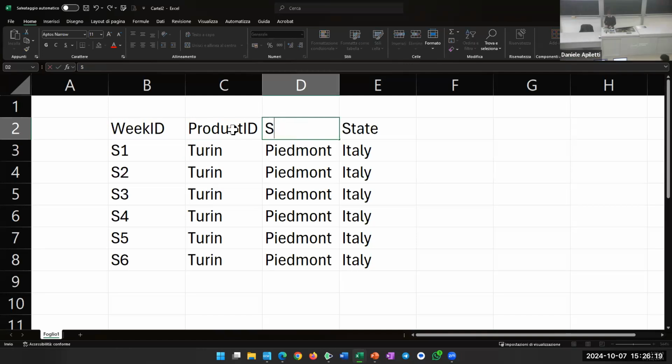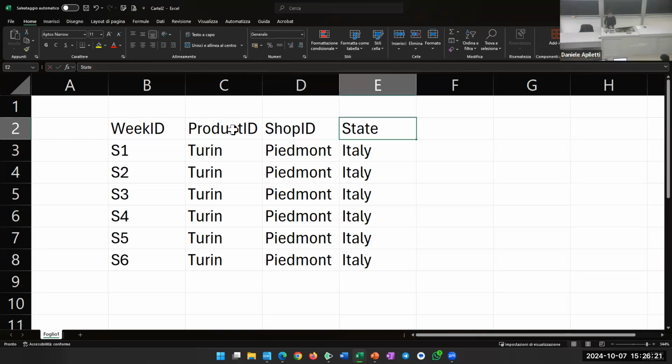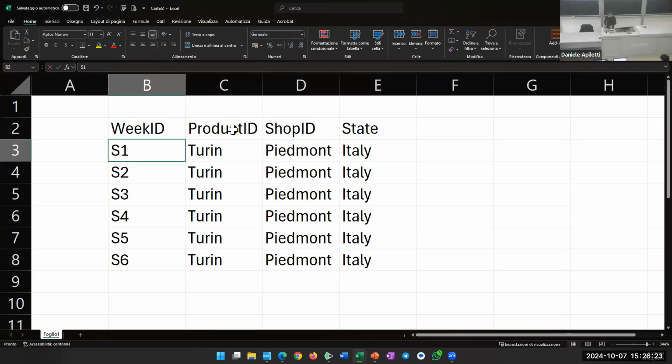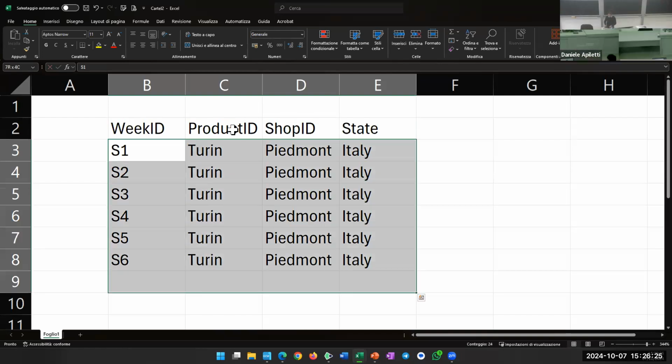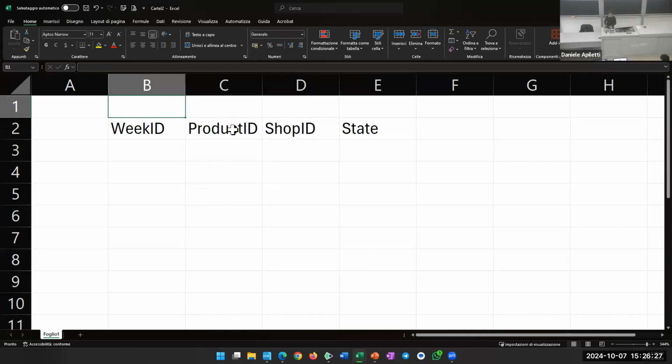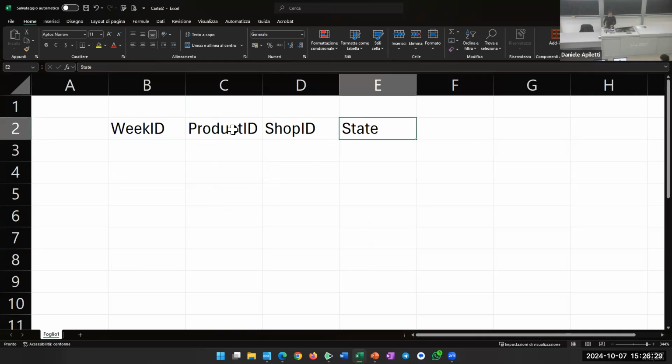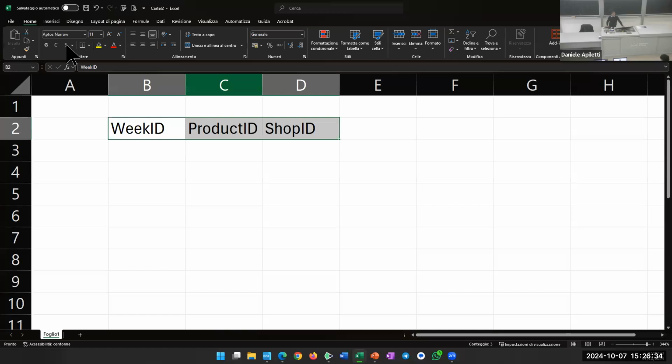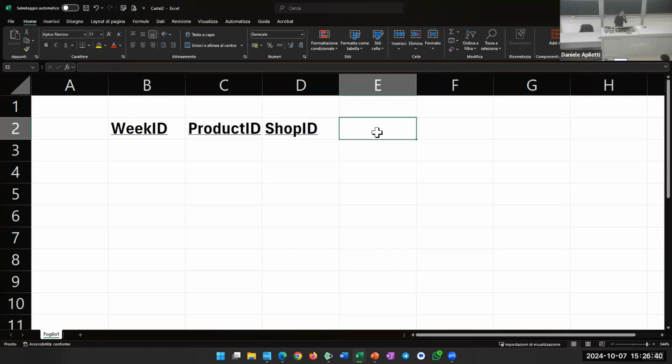If I have these values, then we can remove the state. If I have these values and these are my primary keys, I underline the primary keys. I can also use bold. A table like this, where I add the quantity